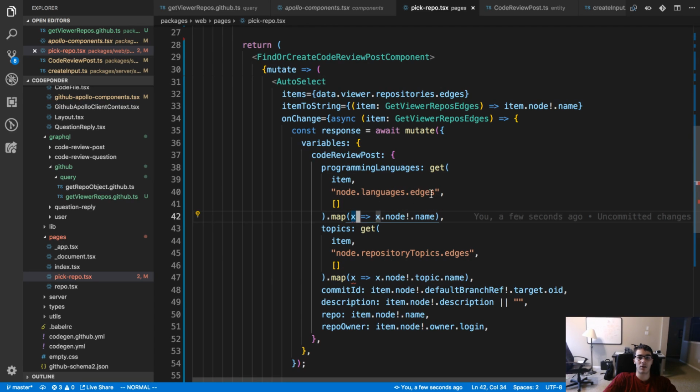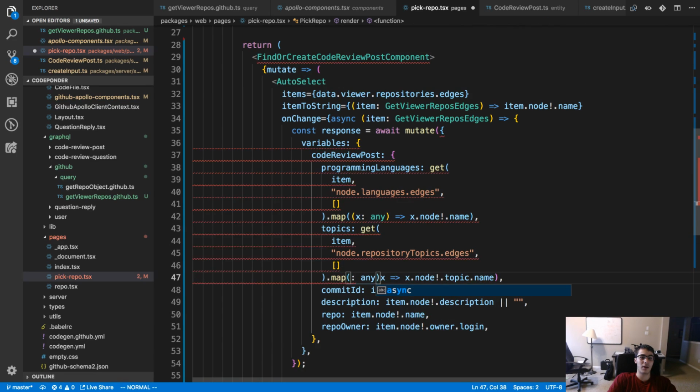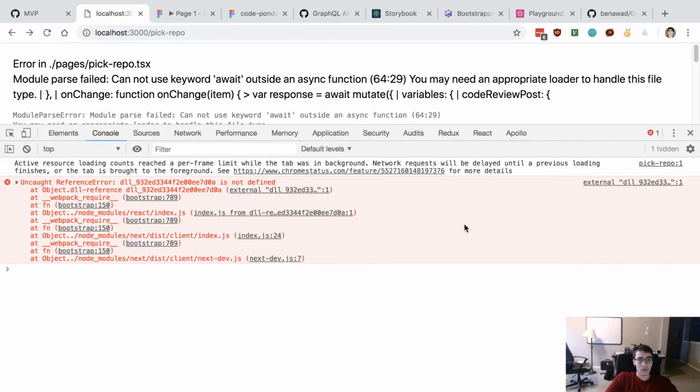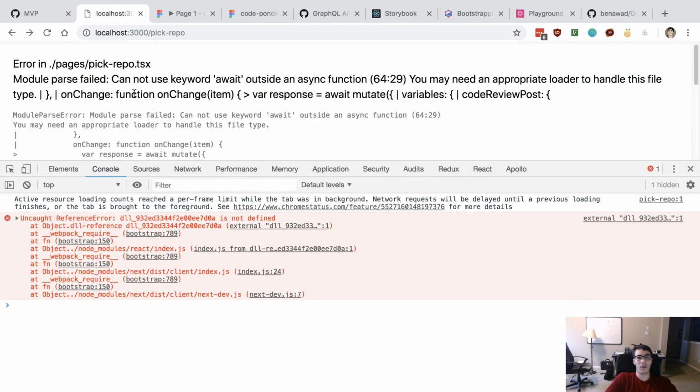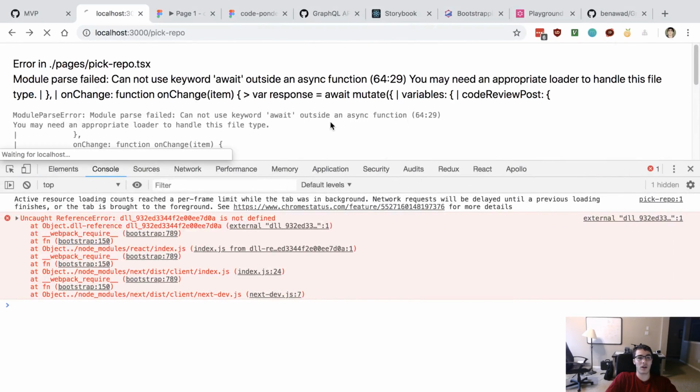So yeah, this is where we actually will lose the type definition, which is annoying. I'm just gonna go ahead and say any because I don't feel like typing it, and we already know that's the right thing. Await outside. Okay, I just made it async, so it should not be complaining anymore.